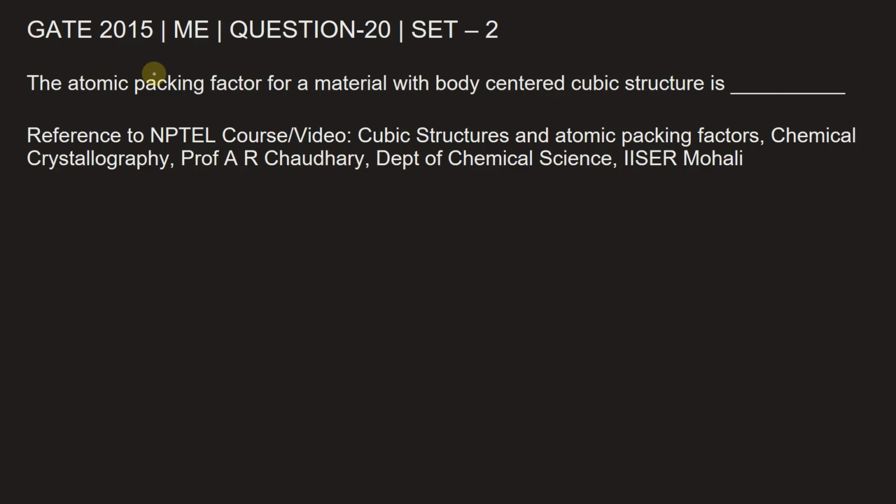This question is from GATE 2015 Mechanical Engineering paper, set 2, question number 20. The atomic packing factor for a material with body-centered cubic structure is dash. Now, in order to find out the atomic packing fraction